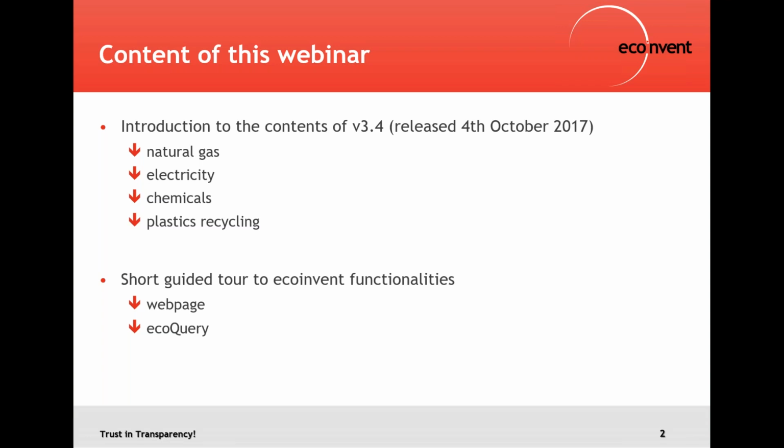And there will be a second part in my talk, which will be, as we called it, a guided tour to Ecoinvent functionalities in the webpage of Ecoinvent. So that includes the EcoQuery, which is the access to the Ecoinvent database through the Ecoinvent webpage. So let's start with the first part of this